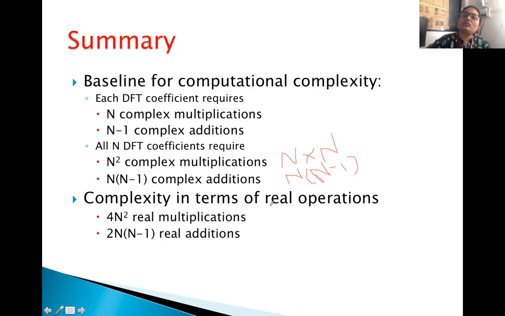Now if I convert the entire sequence into a real point sequence and imaginary point sequence, in that case also my number of computations is going to increase much. Here you can see that if I'm trying to do it by considering the real part and imaginary part, it is going to increase 4 times.